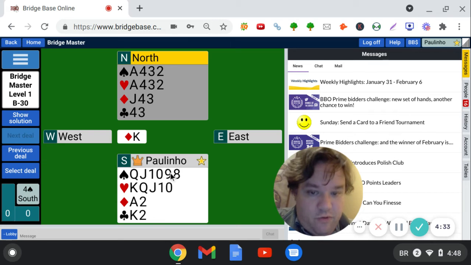We have 1 possible loser in spades, no loser in hearts, 1 loser in diamonds, that's 2, and 2 possible losers in clubs, if the ace is offside. So we cannot afford to lose the spade and the club finesses. If we do that, we will lose 1 spade, 1 diamond, and 2 clubs. And is there anything that we can do to prepare against this unfortunate set of events? Two finesses